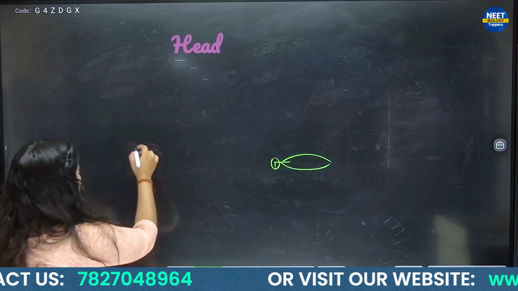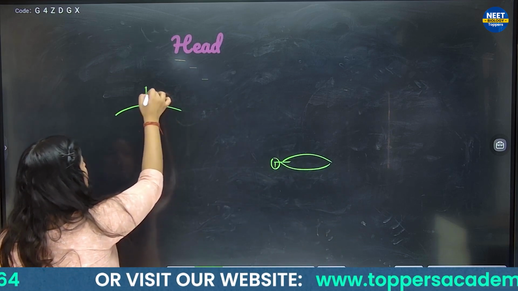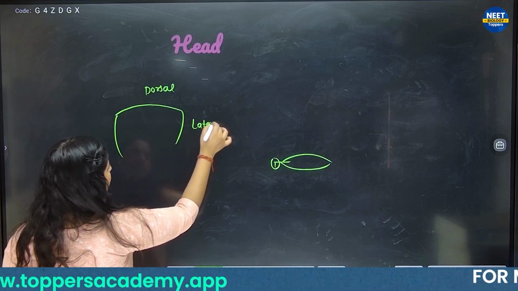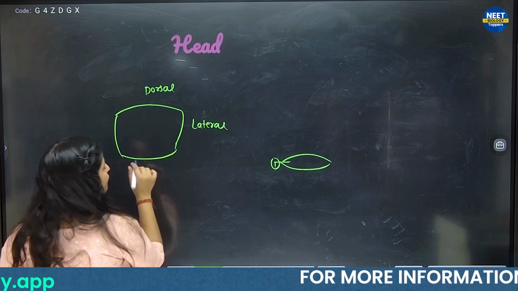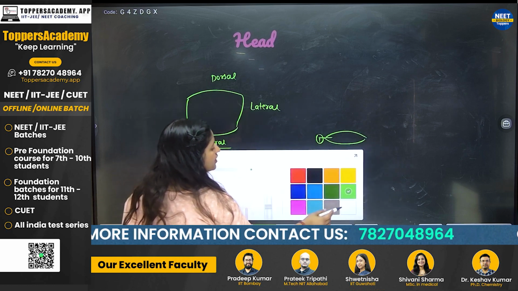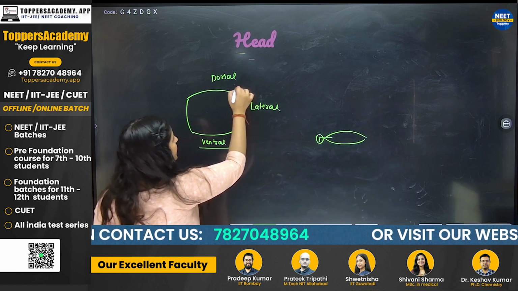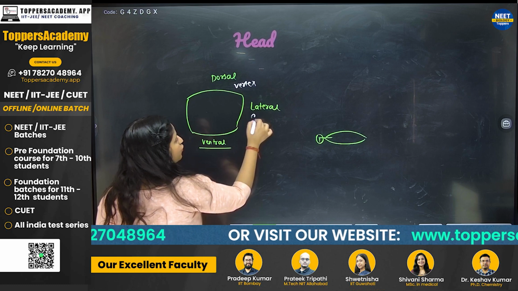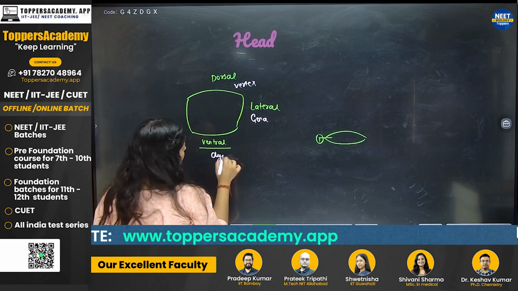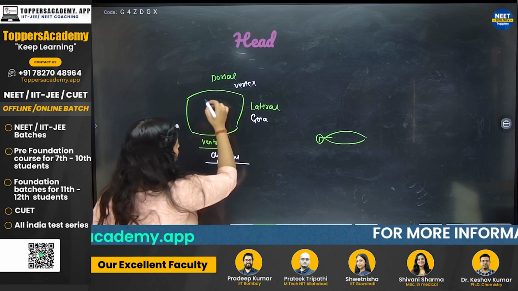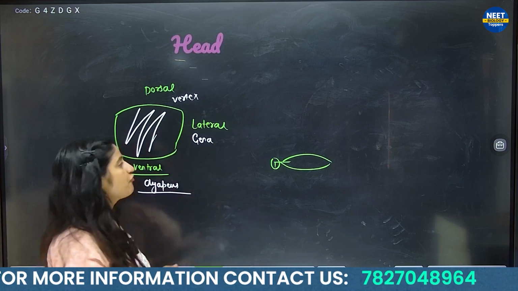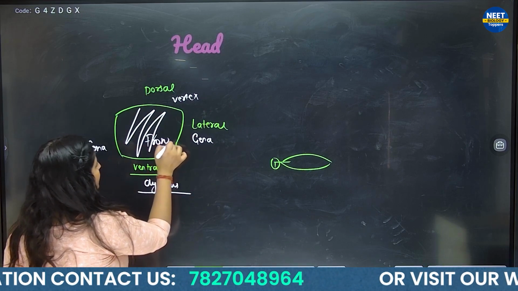Okay, suppose this is the cockroach head. This is the dorsal side, this is the lateral side, and this is the ventral side. On the dorsal side, which sclerite is present? The dorsal side has the vertex, the lateral side has the gena, and the ventral side has the clypeus. Okay, this is the clypeus. And this interior part which forms the face, what covers it? The frons layer. This is covered by the frons.